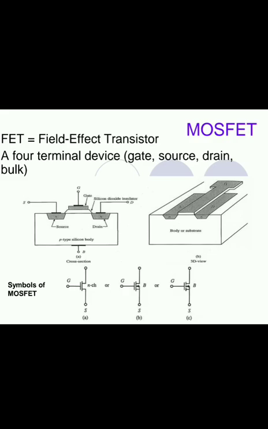4-terminal device, or we can say it is a 3-terminal device. If we are taking 4-terminal, gate, source, drain, and the substrate. They are calling the substrate a bulk, because if you see the construction diagram, the body of the substrate is taken in a higher amount. That's why they are saying that as a bulk. You can say substrate or you can say bulk.